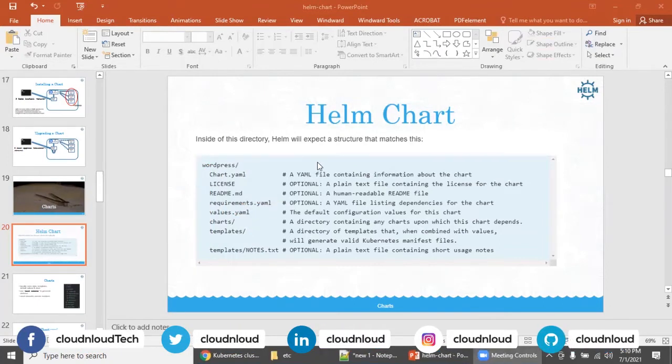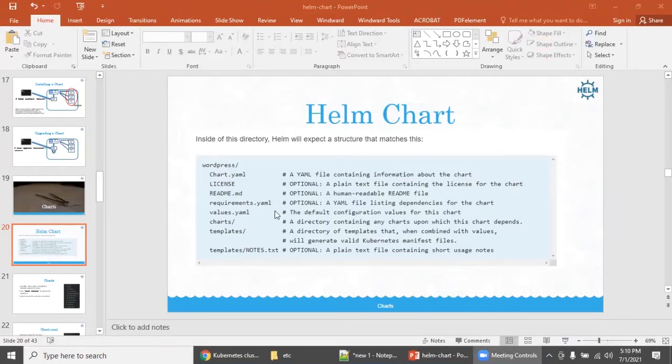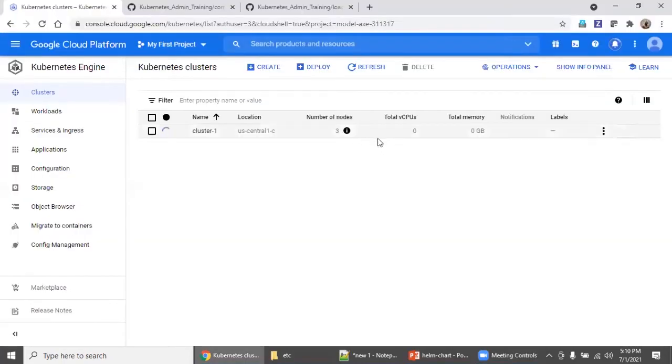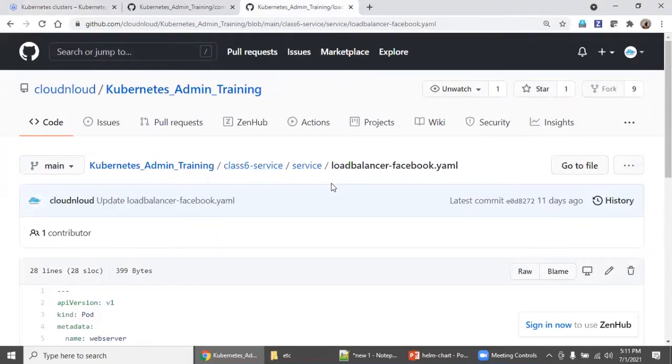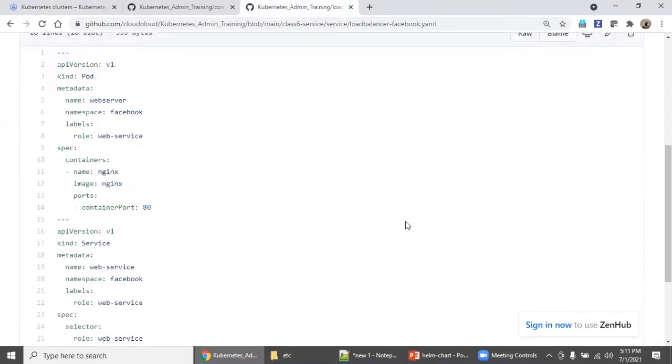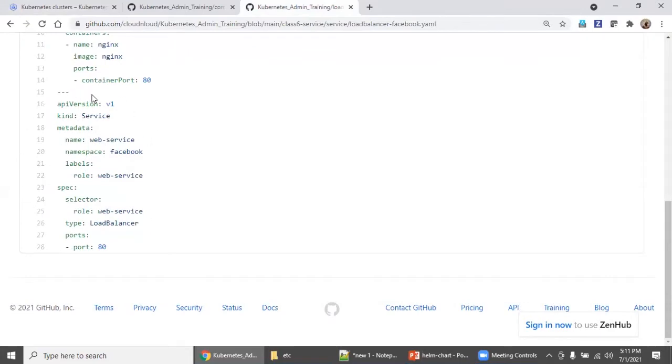One more thing I want to show you is in these files. You can change any parameter. How do we ensure the folder structure is according to expectation? Let's wait for some time for the cluster to be created. In the previous classes we have seen the same way: if you take this service section alone and create a service.yaml, but without fixed values, it should have dynamic values. We will see one template, then I will come back again with the explanation.